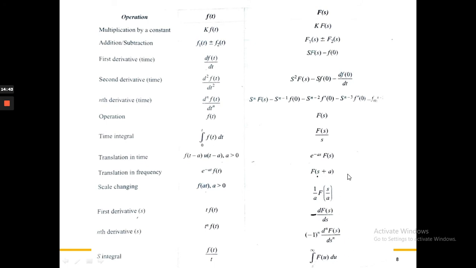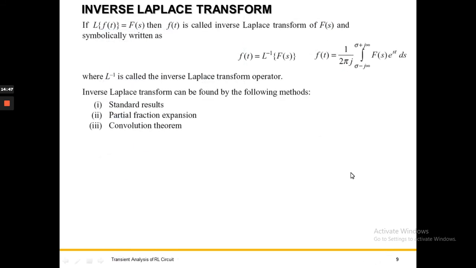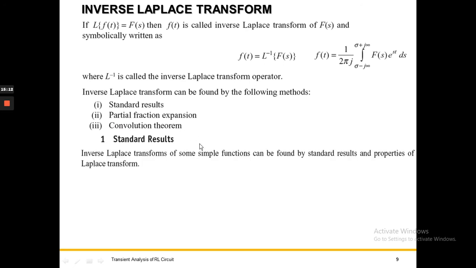So you have to know these properties of the Laplace transform. Okay, this much result. So after taking the Laplace transform, manipulating and taking the initial conditions, you have to take the inverse Laplace transform. The definition for the inverse Laplace transform is like this, but you are going to use either the standard form or partial fractions. Standard form means you make the result into a known form and take the inverse Laplace transform.